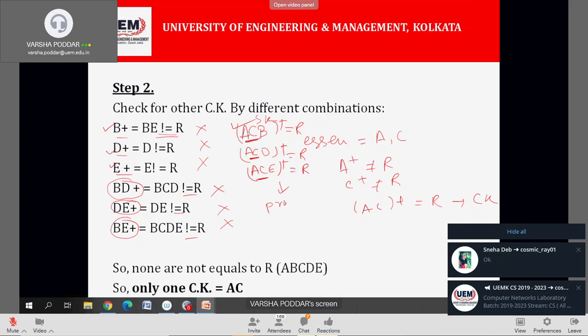So ACB can be a super key but cannot be a candidate key. What is the definition of candidate key? No proper subset of a candidate key can be a super key. But this one's proper subset is a super key or a candidate key. That means this total cannot be further considered as a candidate key. I hope I have answered your question.